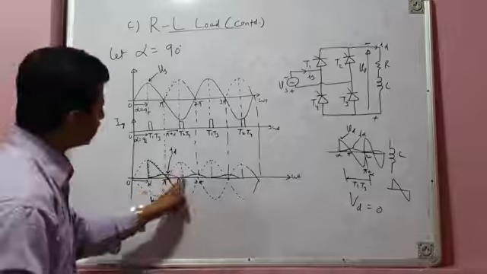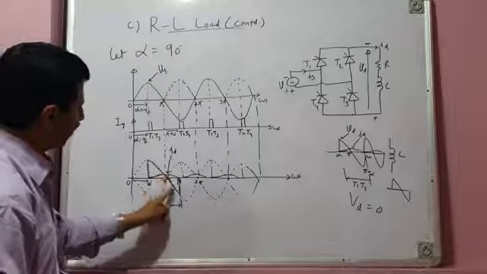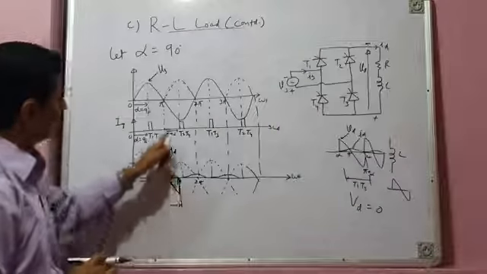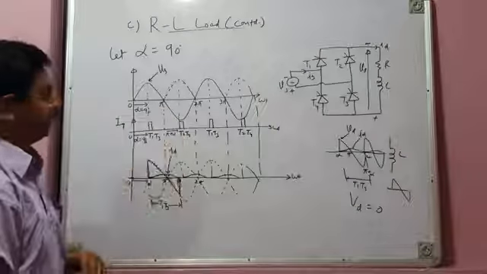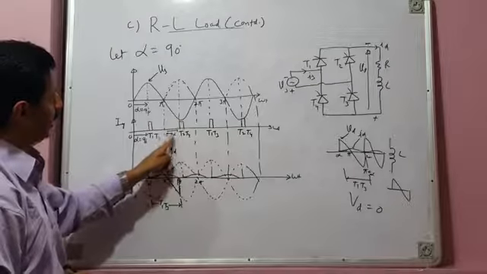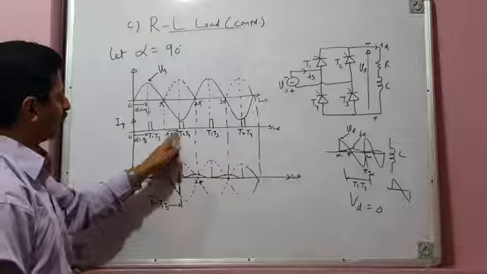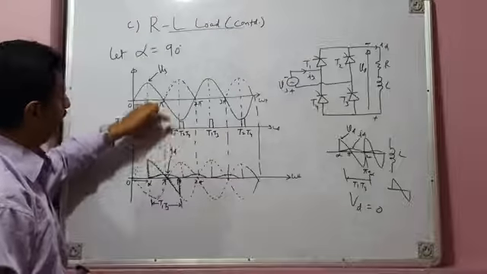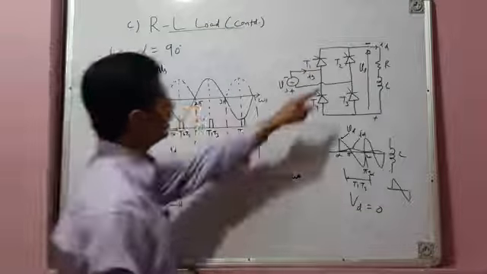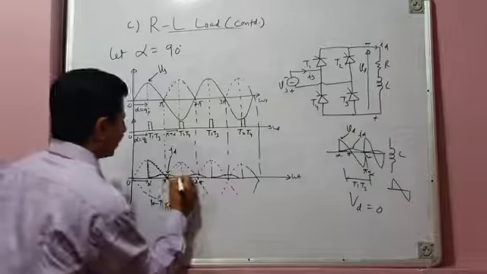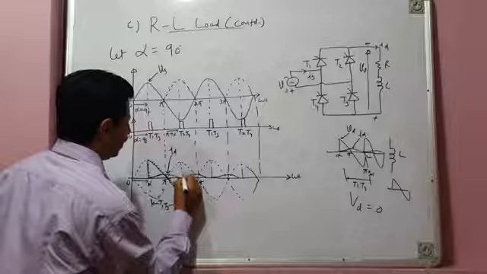Now here, the next instant of firing will come. Since the negative half cycle of source voltage has already come, this is the negative half cycle of source voltage. The T2 and T4 pair is waiting for the firing pulse. Firing pulse is issued after a delay of alpha plus pi, pi plus alpha, that's pi plus 90 degrees. That means after another delay of 90 degrees, the T2, T4 pair will immediately go into conduction. It will connect the load across the source, and a positive segment of voltage will appear across the load.